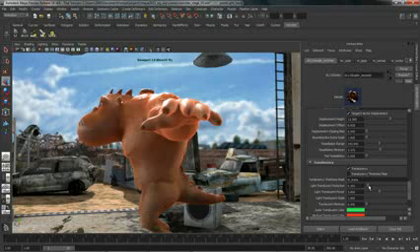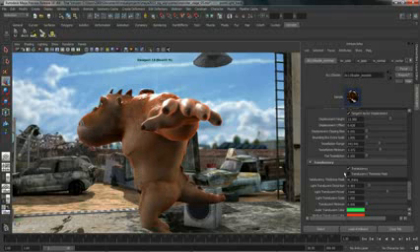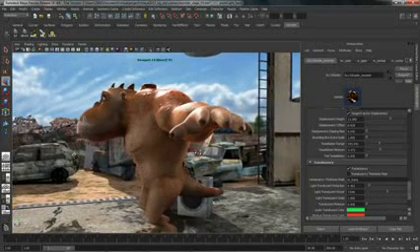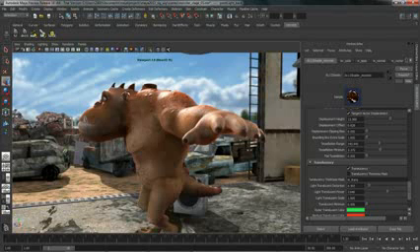so let's dial this in a little bit more. Let's give that a little bit of translucence distortion there. Maybe drop that power down a little bit or push that power up. We can also use maps. So I went ahead and painted another map in Mudbox that makes the ears a little bit more translucent than the rest of the character, and the spines across the back, a little bit of translucence in the face. So if we turn on that use map,